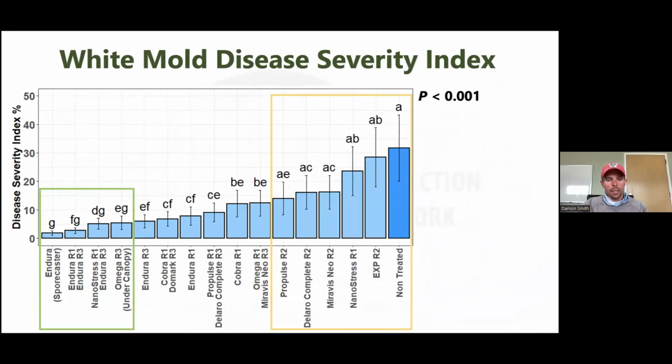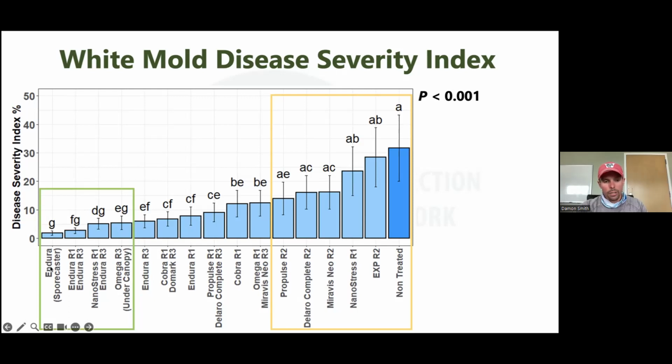You'll see here along the bottom axis are some of the common products we're dealing with here. Endura continues to be sort of the standard. We do include a 2-pass R1 followed by an R3 application of Endura at the 8-ounce rate. And I would not recommend that, but we do it to basically say what would the best case scenario look like, so that we call that our positive control. And then of course we have a negative control with a non-treated down here. So everything inside the green box is like the best case scenario here.